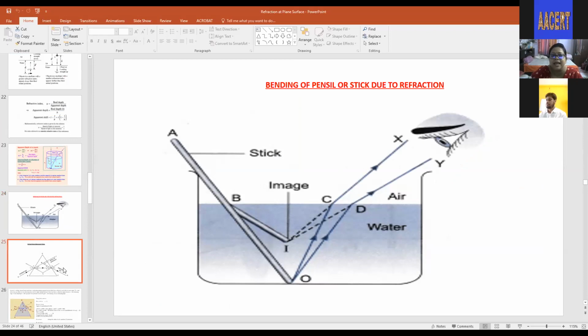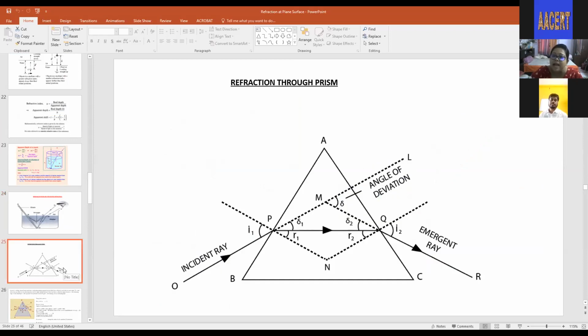Give them time to draw it, because all the time they will not keep their video on because of network problems. So make them active, do the diagram, do the numericals, give the worksheet like that.